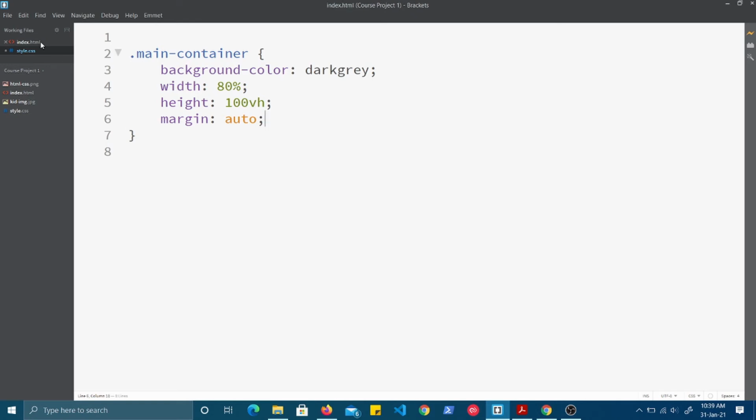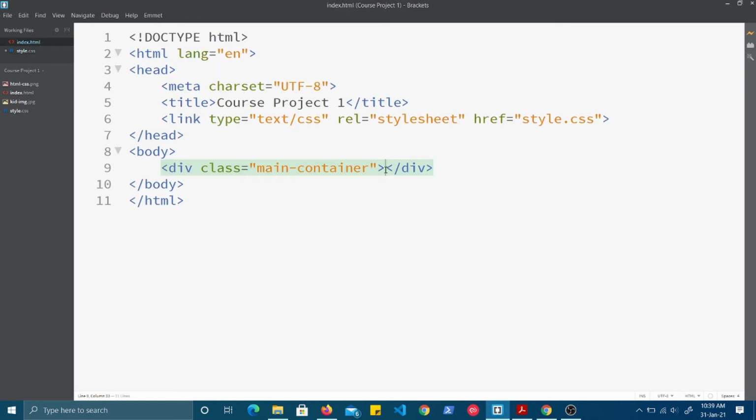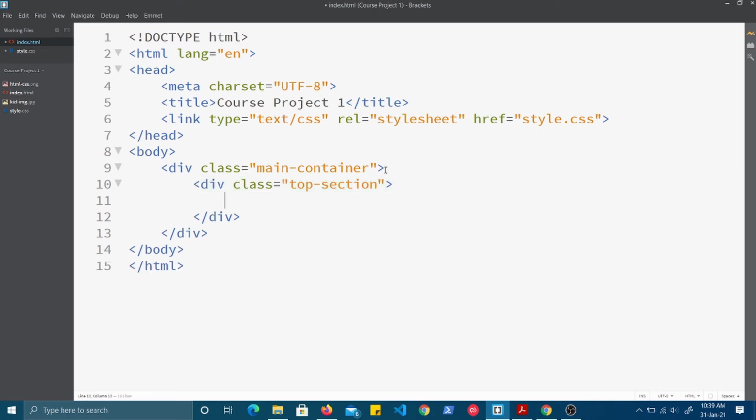Now second, within this div we again have two sections, one is top and another one is bottom. So we can say dot top, the top section. Within this top section we will have the content, and again we have the bottom section.